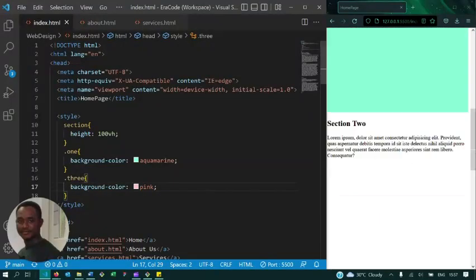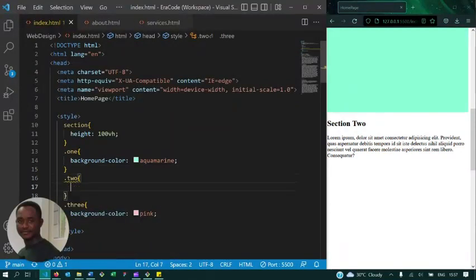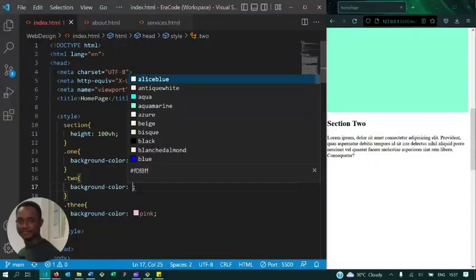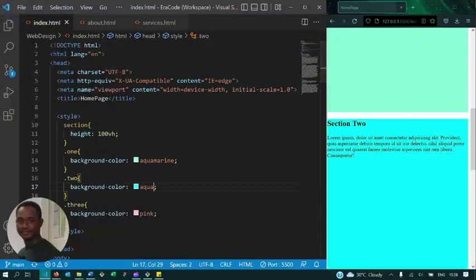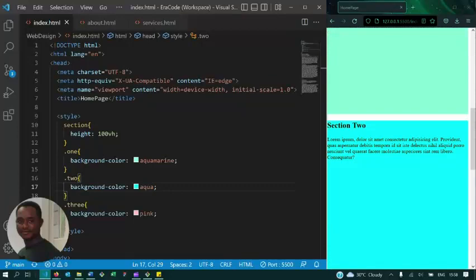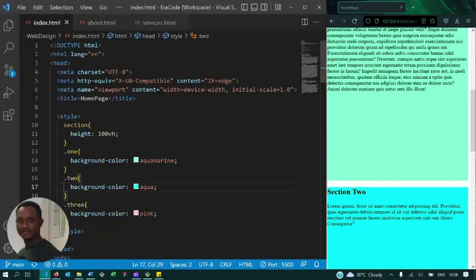Okay, you know what? Let's give section 2 its own background color. Background color for section 2 we would use something like aqua. All right, yes, some bluish kind of color. Section 1 is greenish, section 2 bluish, and section 3 pinkish. Okay,